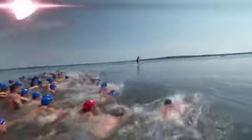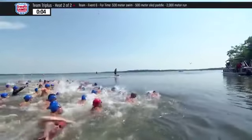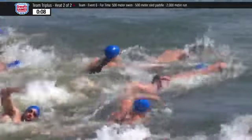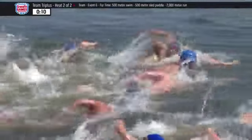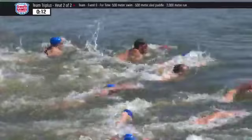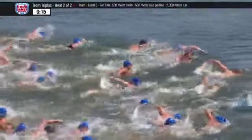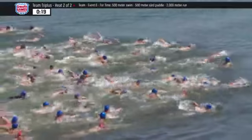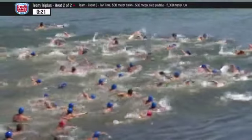And we're underway in heat number 2. The Team Triplus at the 2018 Reebok CrossFit Games. They'll start it out with this 500-meter open swim. All four athletes must make it back to the landing to get the rescue sled. I'll say this is the most dangerous part of this event, and I do mean dangerous in terms of actual